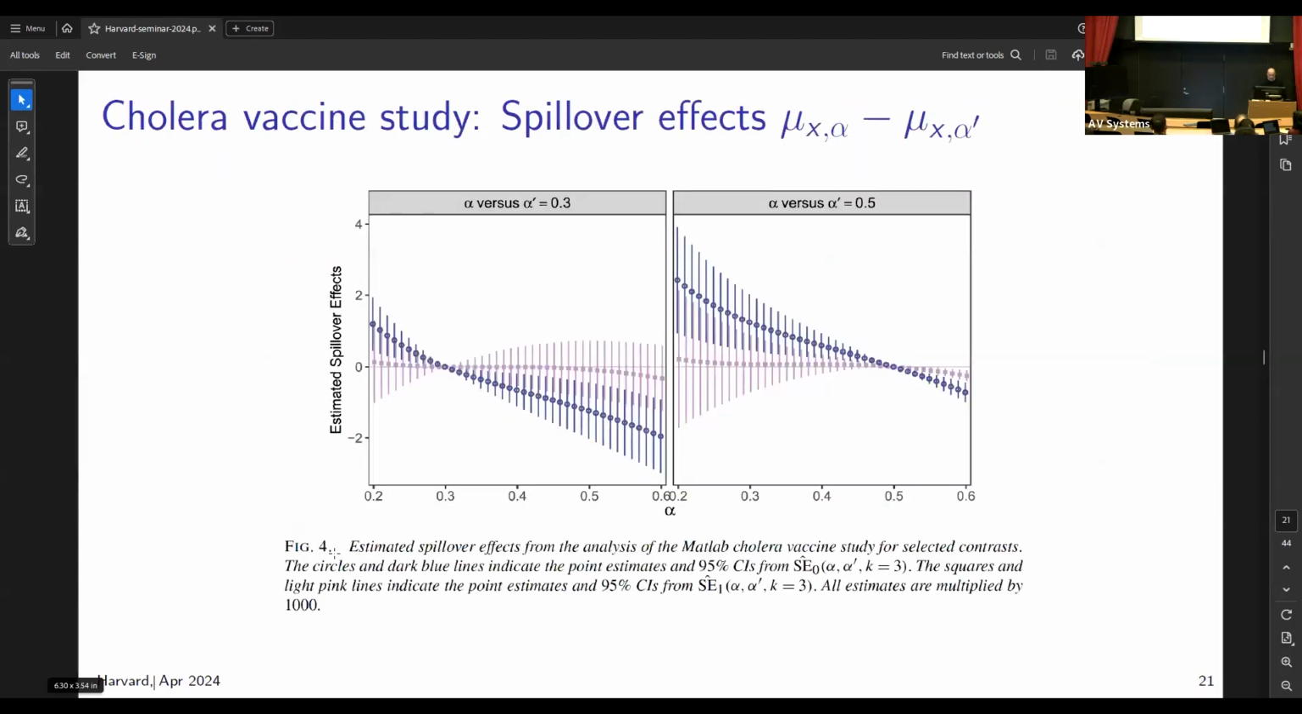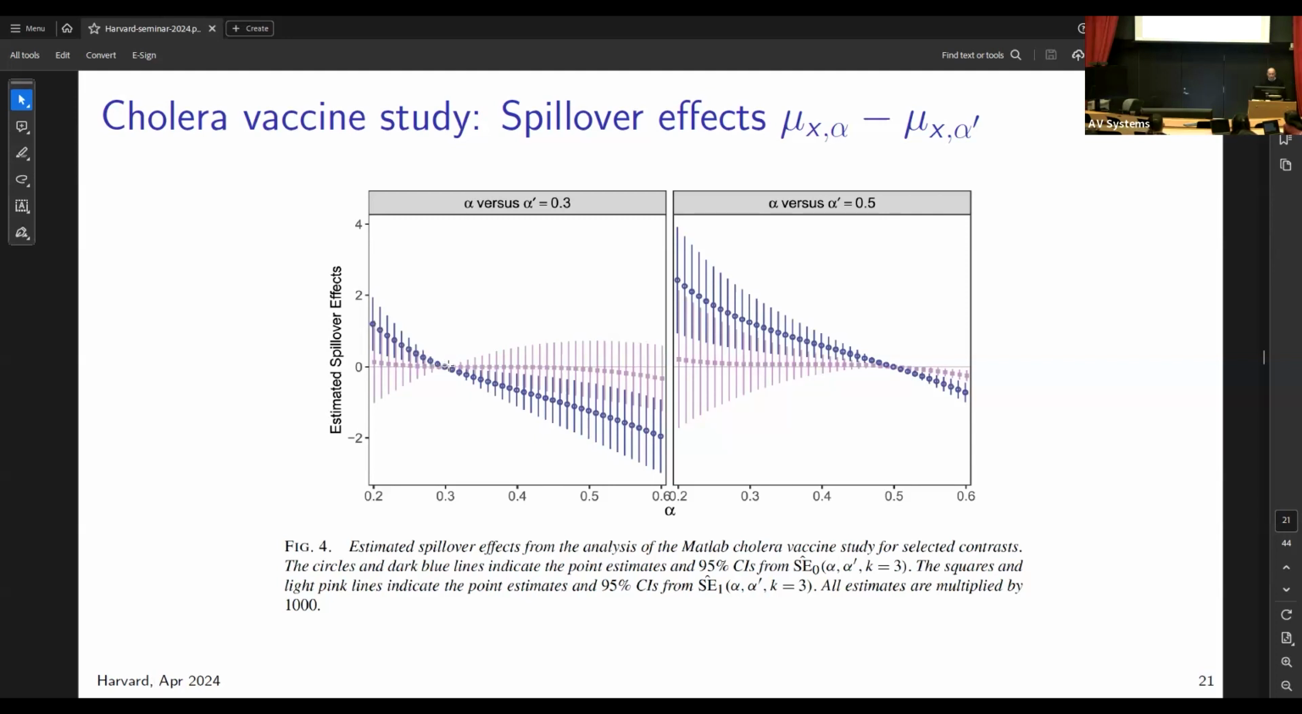Yeah. So this is comparing, right? I'm computing these spillover effects as defined here. If X is 0, then it's the spillover effect if you're not vaccinated. So basically it's what happens if you're vaccinated and the coverage is alpha compared to alpha prime. On the left, alpha prime is 0.3. This bar is saying, what's your risk if you're not vaccinated and coverage is 20%,